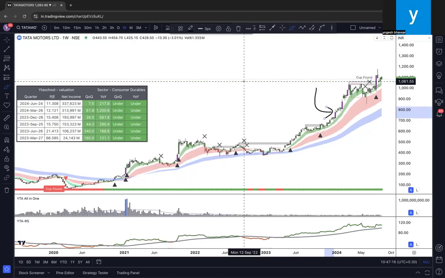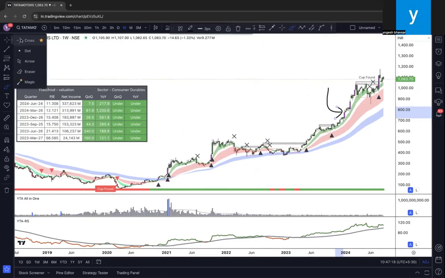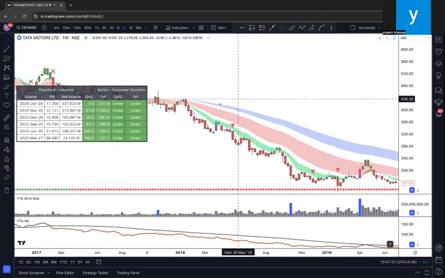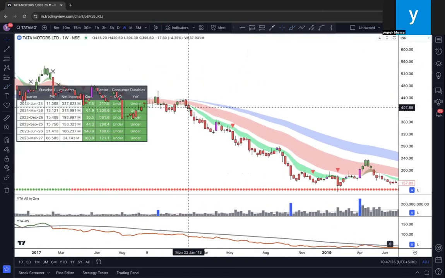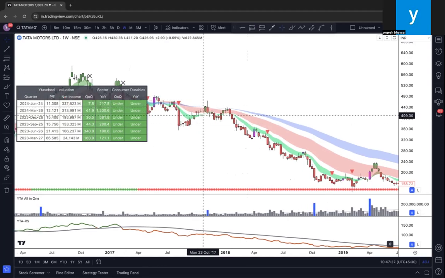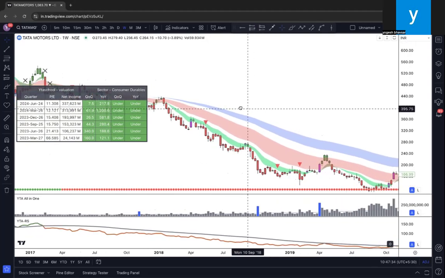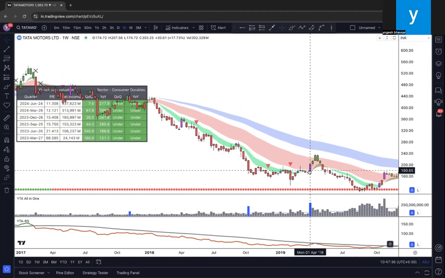Now this candle will turn red like this only if it goes into downtrend. Now, if you see from here, from Jan 2018 to here, April 2019, nearly more than 8-9 months, there were no green candles. That means the trend was down only.